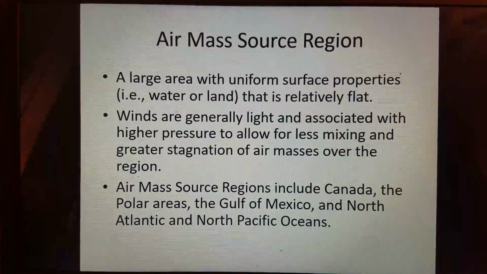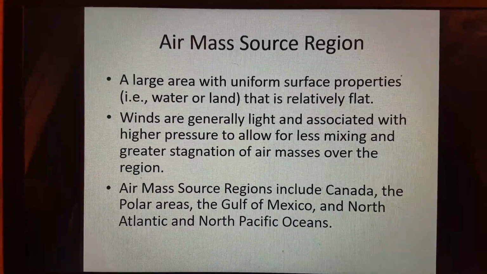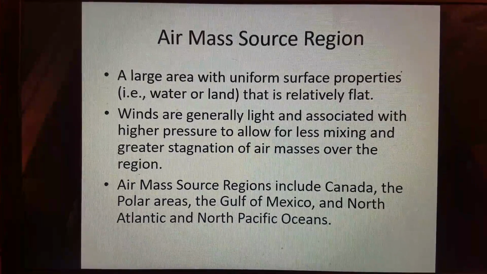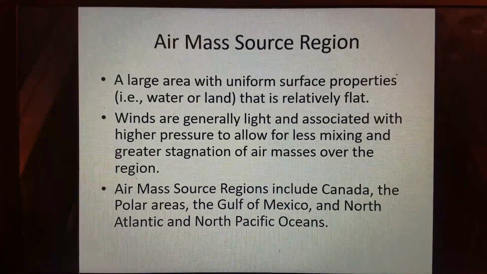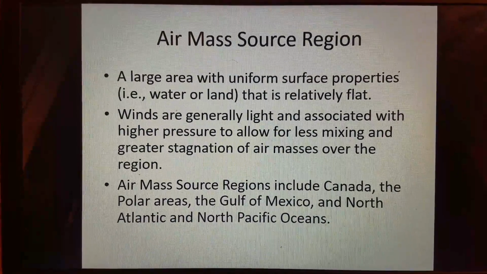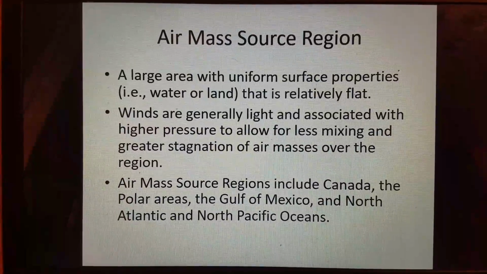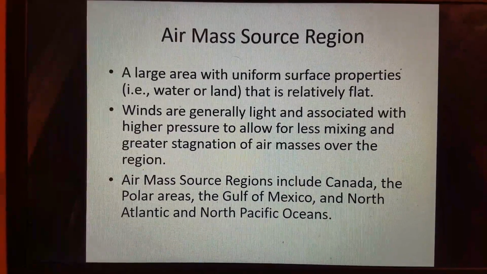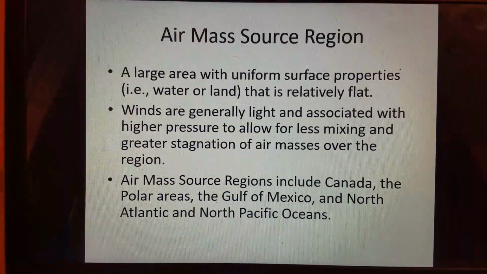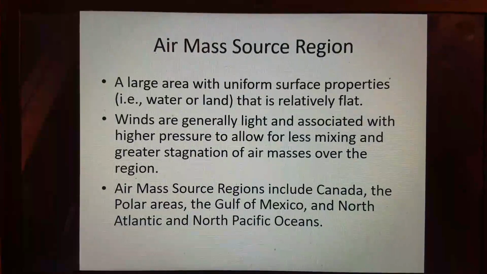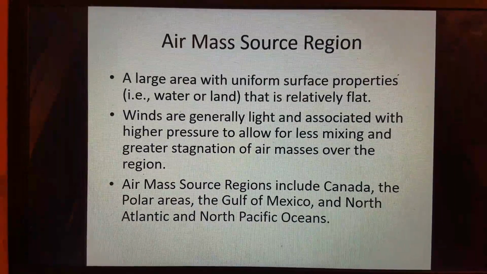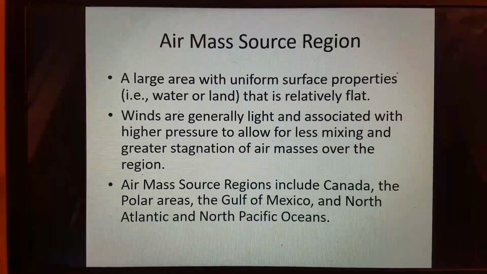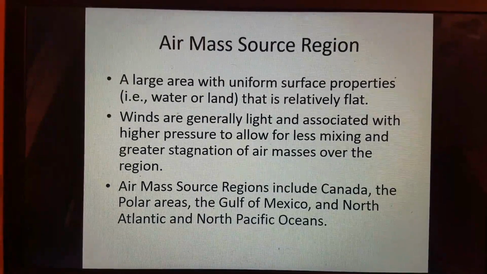That allows for less mixing of the air mass in the vertical and greater stagnation of the air masses over the region. And then air mass source regions include Canada. That's a big one for us in wintertime, where we get the really cold continental polar air that comes down. Also, continental Arctic air way up over the polar regions is another source region. The Gulf of Mexico for maritime tropical air, and the North Atlantic and North Pacific Oceans are also air mass